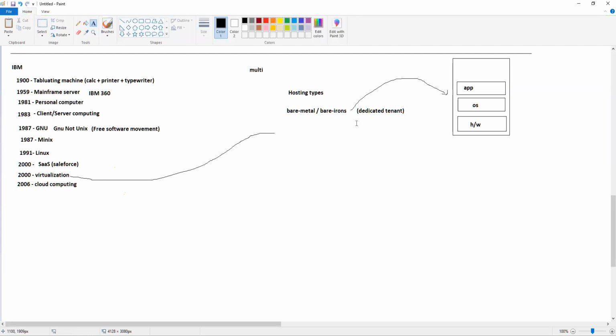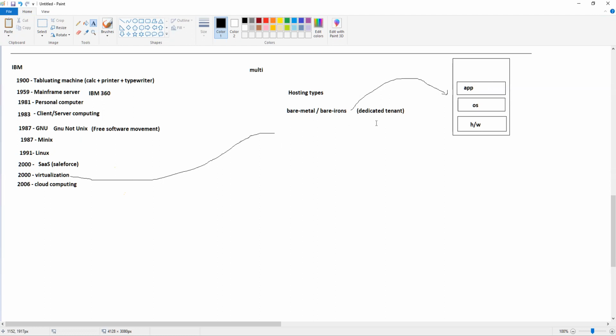And you'll get an idea about this just in a moment. So hold your thoughts if you have any questions, because that will be answered. Bare metal or dedicated tenants is where you just have your application. There are no neighbors. We have a problem of noisy neighbors in the virtual. When virtualization came, another problem also came along with it, that of noisy neighbors.